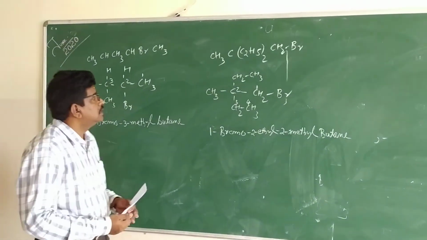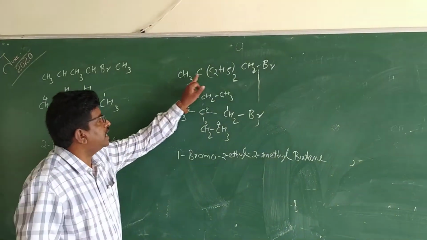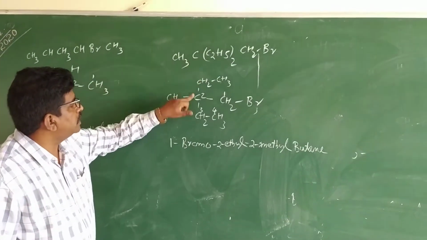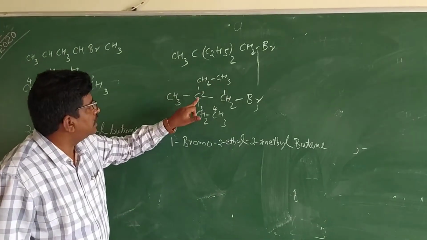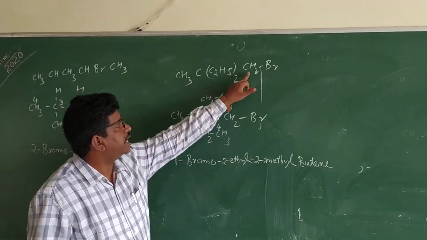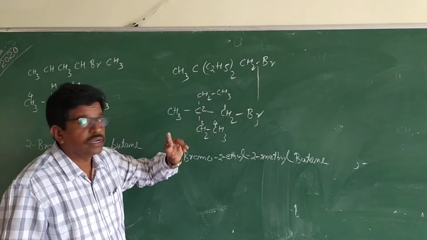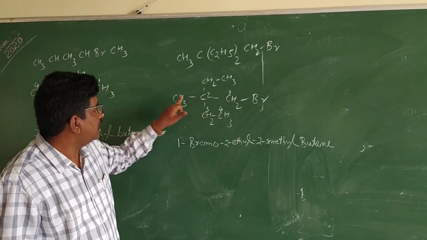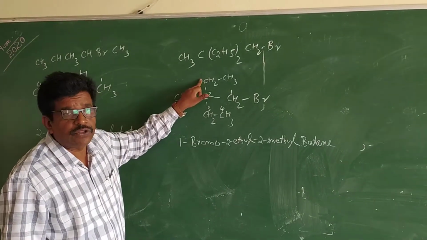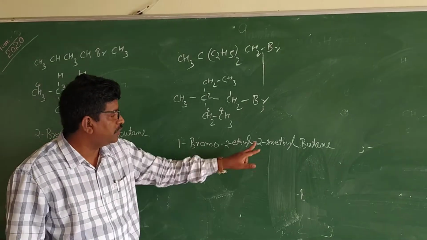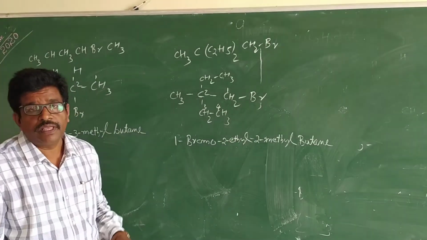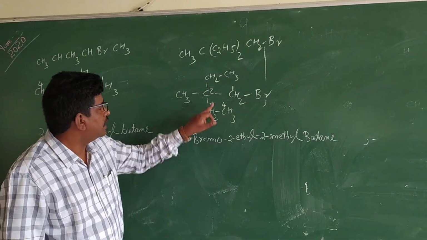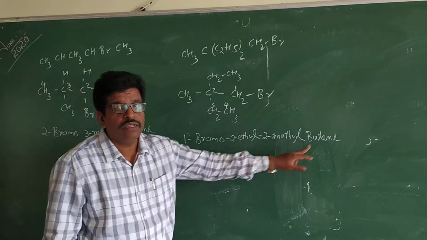Once again I will explain this. If you are writing the compound, if you write like this, it will be difficult to name. Better you write like this, CH3, then to this carbon you can see 1 C2H5 here and 1 C2H5 here. And this carbon is directly attached to this carbon, CH2, Br. And the longest chain is this one, 1, 2, 3, 4. In the second place you can see 1 methyl group as well as 1 ethyl group. In alphabetic order, you have to name ethyl group first. Put into IUPAC system, halogen first. So 1 bromo, then second place 2 ethyl, and the second place methyl, 2 methyl butane.